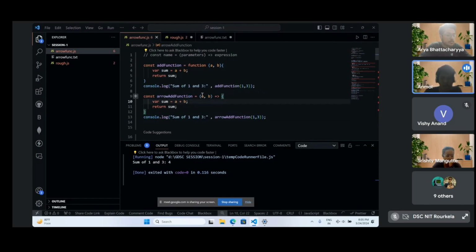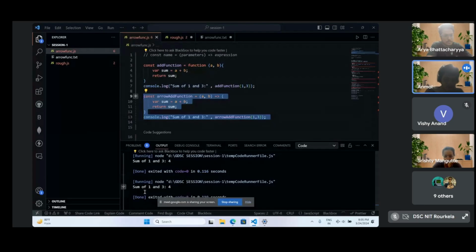Then we are using a parenthesis. Inside it we are adding two parameters, a and b, and then adding it. So there must be no change in the output. The way we are writing is changing, but the output must not change. Let's check it. If we log it, we are getting sum of 1 and 3.